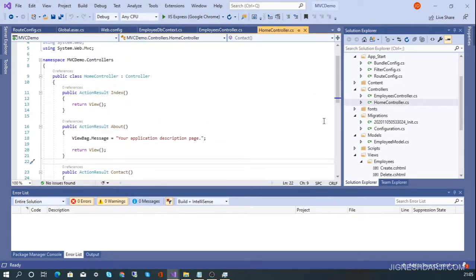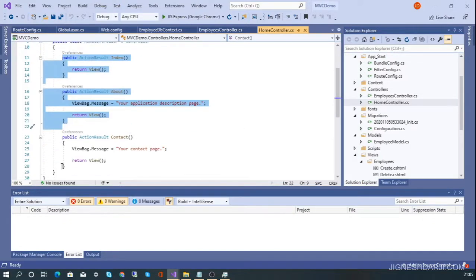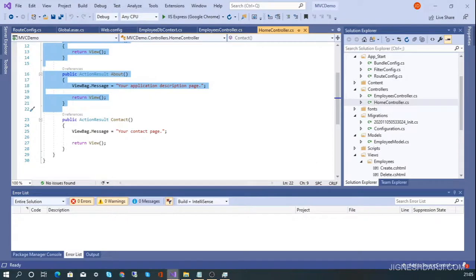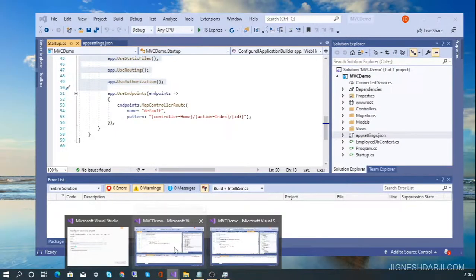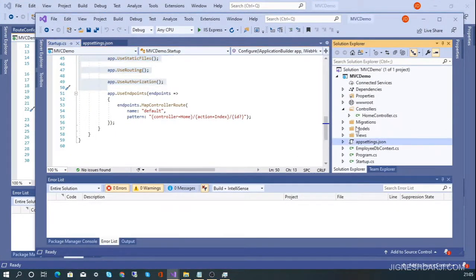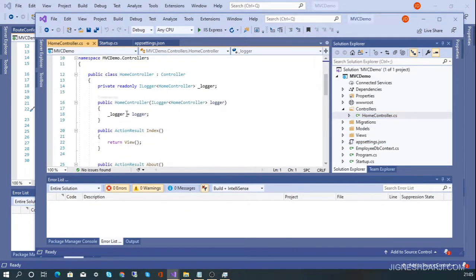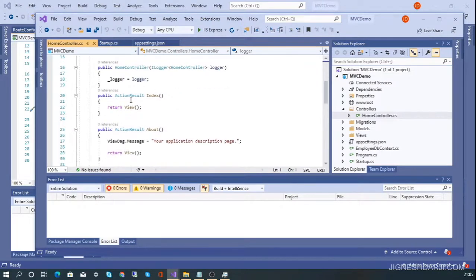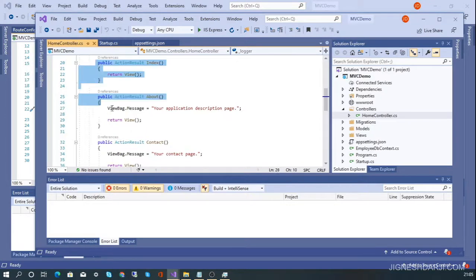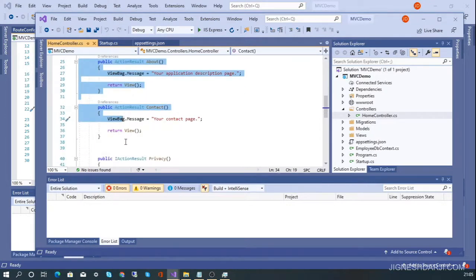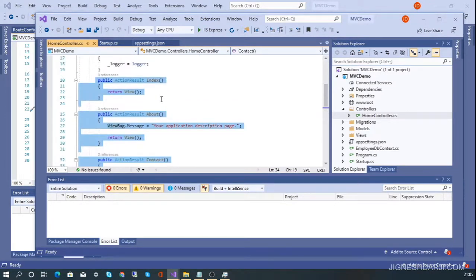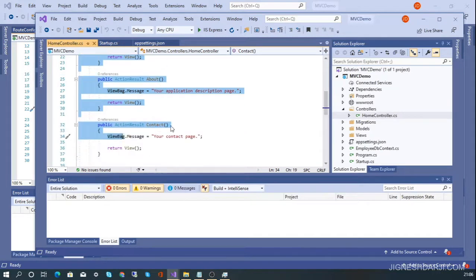To convert this home controller in the core MVC, I simply copy all these methods from here and paste them inside my home controller. All these three methods are here: index, about and contact.